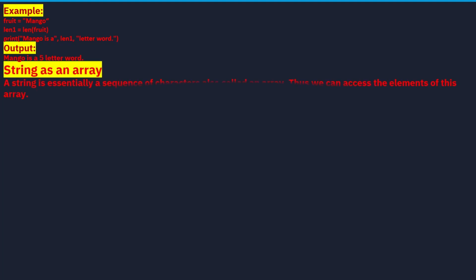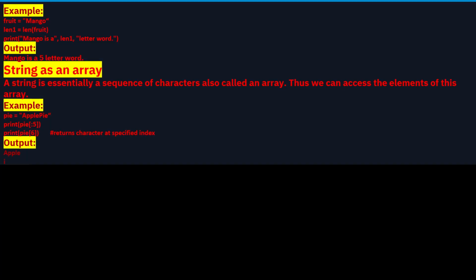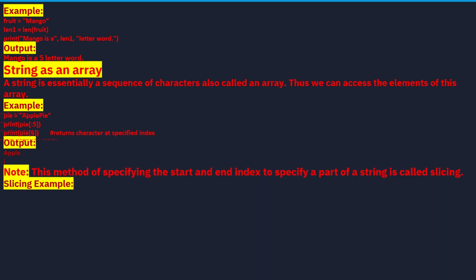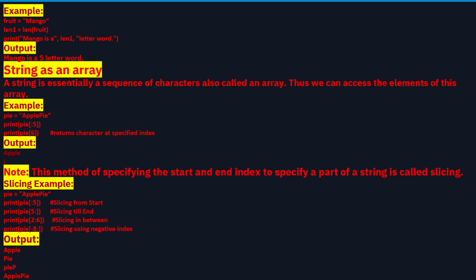String as an array. A string is essentially a sequence of characters, also called an array. Thus we can access the elements of this array. Example: pie = "apple pie". print(pie[5]). print(pie[6]). # returns the character at the specified index. Output: a space and p. Note, this method of specifying the start and end index to specify a part of a string